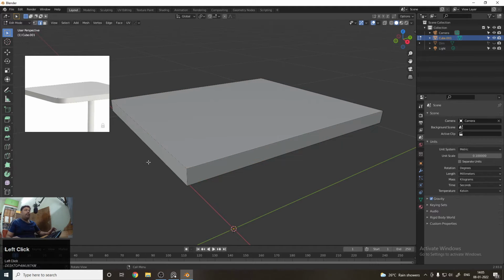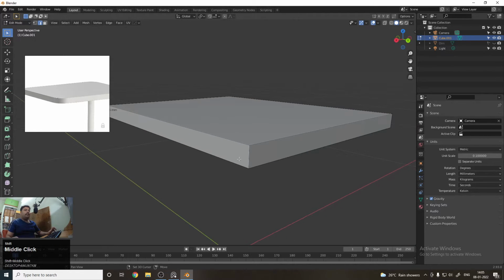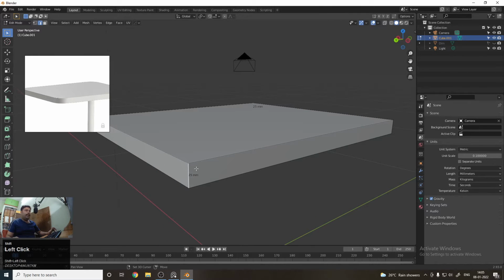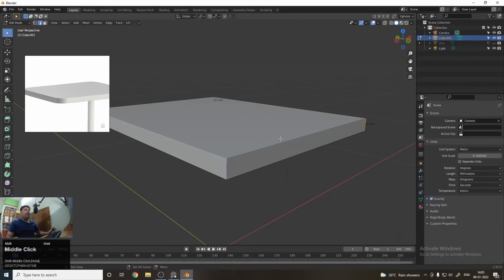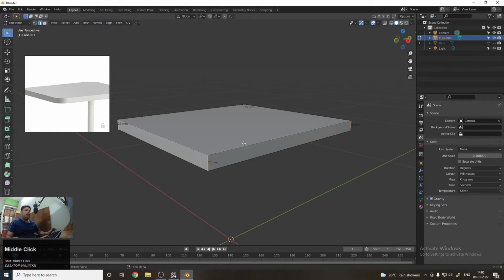So now I want to select the corners edge. So let's click on this edge, then rotate the canvas, click on another edge with the help of Shift, then click on the third edge with the help of Shift, and then click the fourth edge with the help of Shift. So in this manner you can easily select the edges.